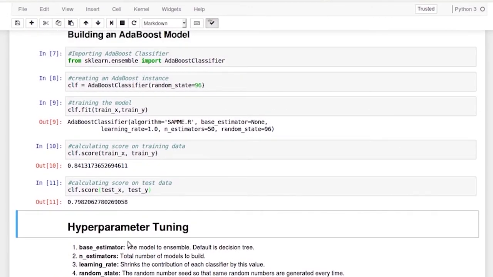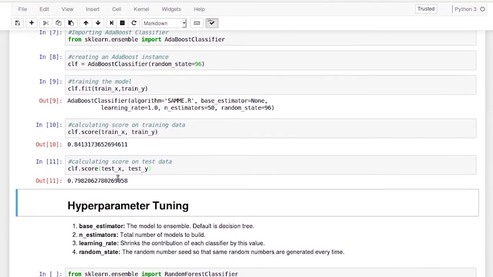As you must be familiar with the term hyperparameters by now, we have seen the hyperparameters of other algorithms like the random forest and GBM. So hyperparameters are the values that we need to give the model before we start the modeling process or before we start the training process. And when we do not give the values, there are some default values set for these hyperparameters. So we have 4 important hyperparameters in case of AdaBoost.